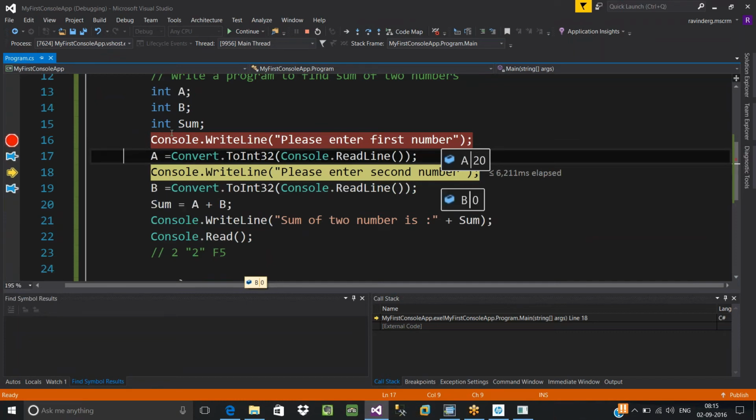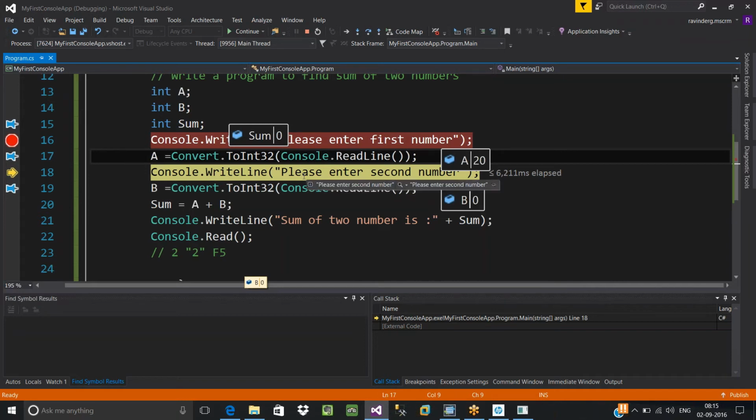Okay, a, b, and sum. Just pin these onto your screen. Now we just read a value. We entered a value. So now you have to read b as well as find out the sum. Now we are at the next line.